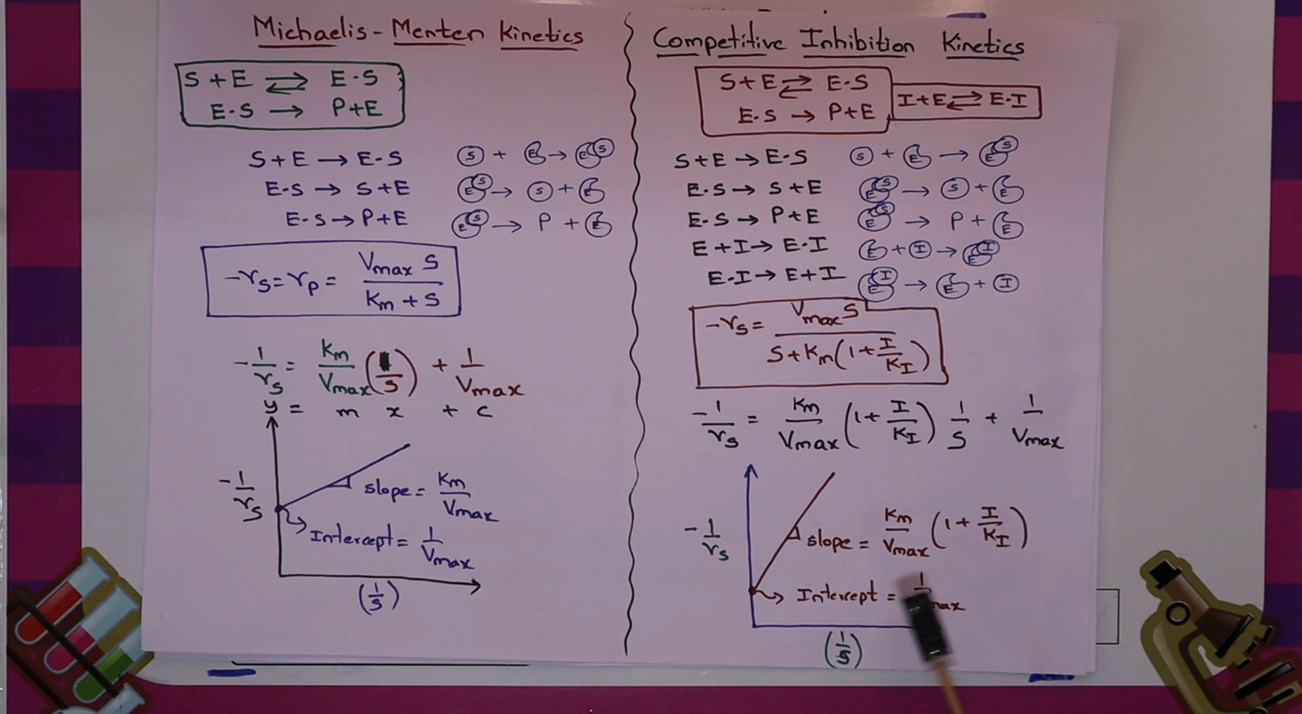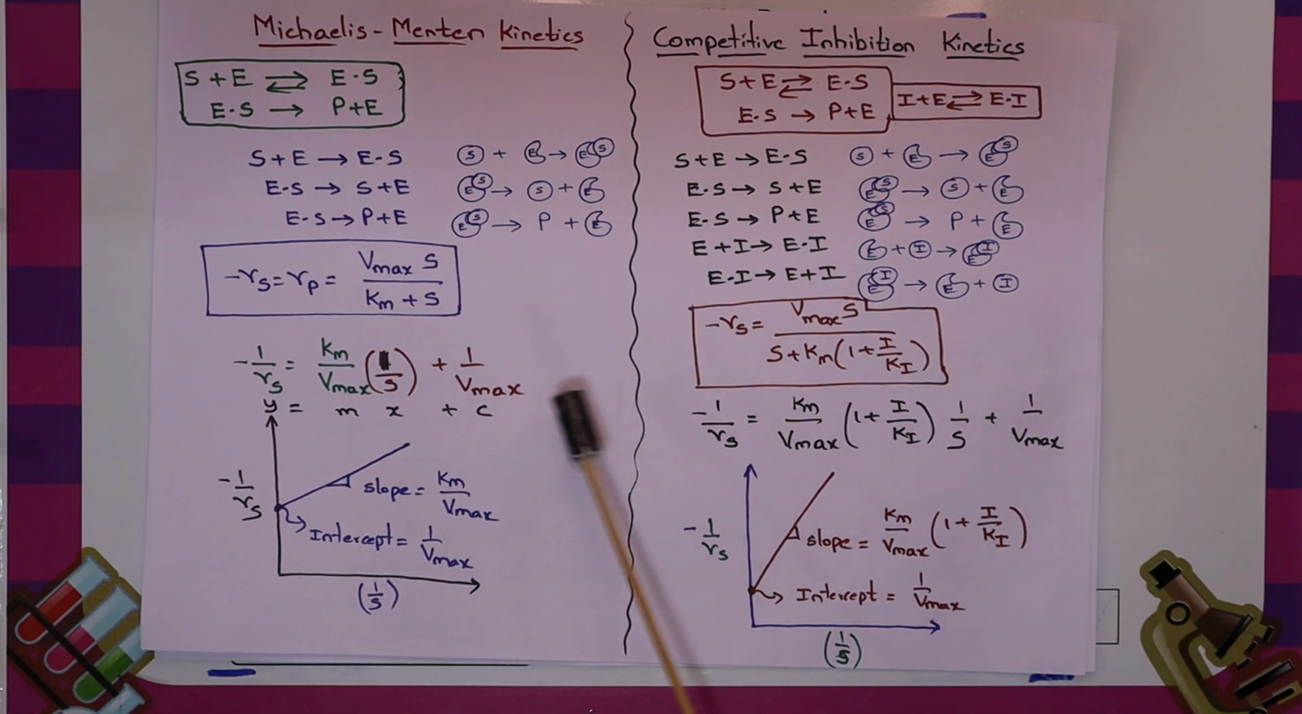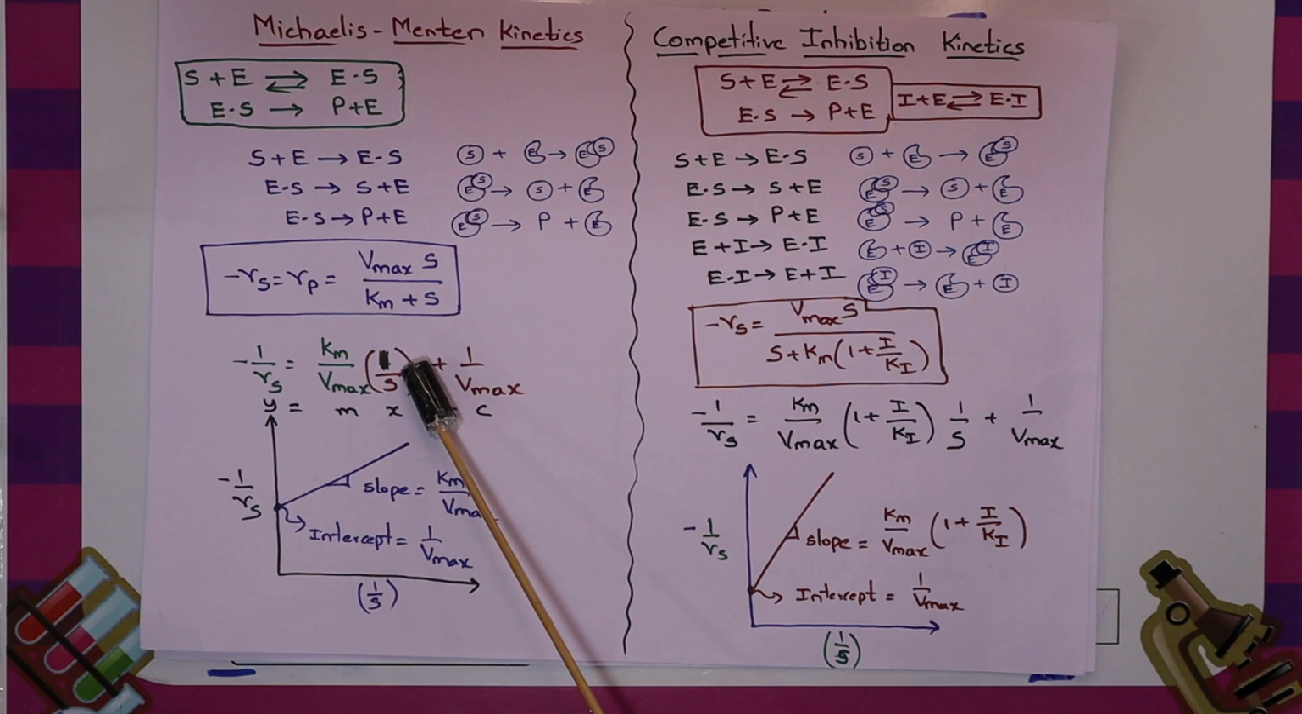You can see here the intercept for both cases is the same. That means the origin of the line will be common for both kinetics, the pure Michaelis-Menten kinetics and the second one, the competitive inhibition process. So among the options given, the correct answer is